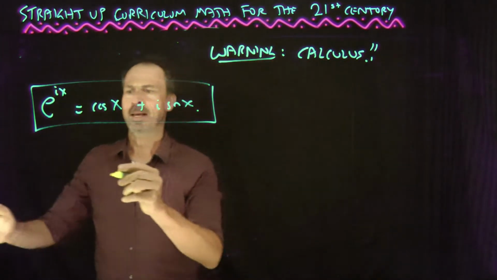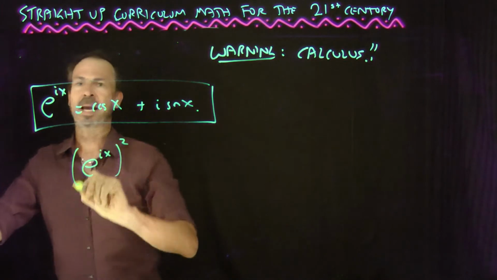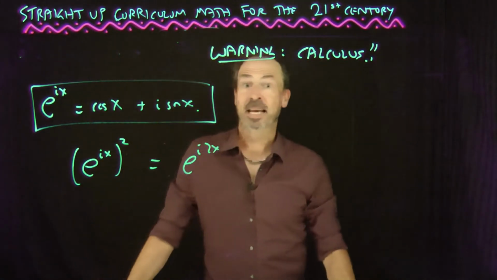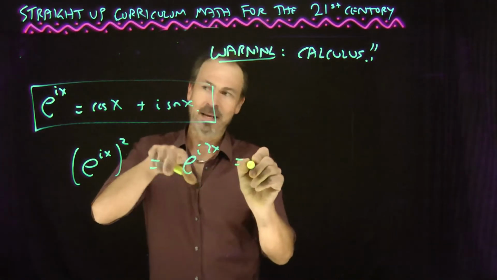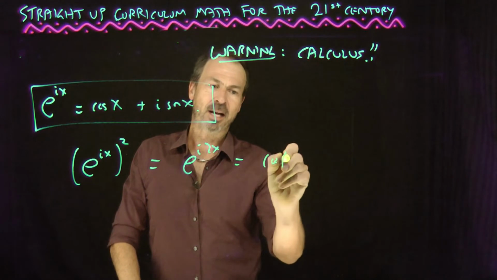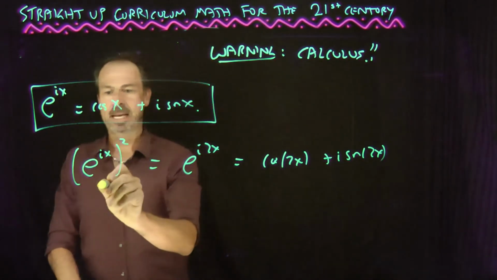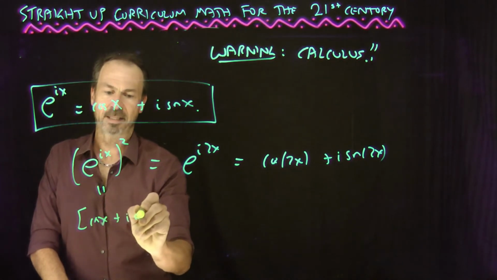Okay, so let's do it here. But here's how I'm going to do it. I'm going to think of e to the ix squared, which is really e to the i 2x by the standard exponent rules. This is really, from what I just learned, cosine of 2x plus i sine of 2x. And this one here is e to the ix, cos x plus i sine of x